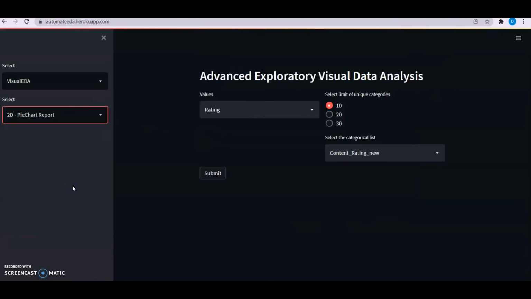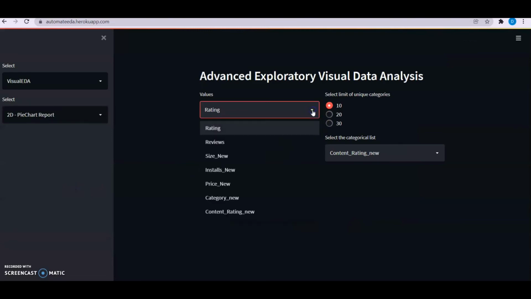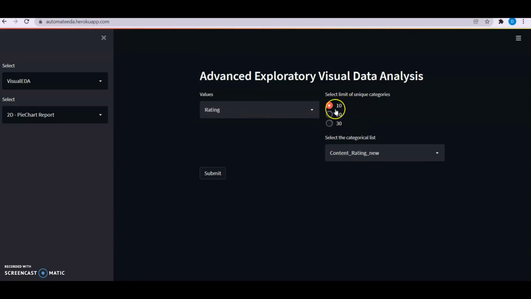And then we have this pie chart report. From here you will have the list of all columns. You can select any column, and if you want to limit the unique categories, you can simply select the number. So the number of unique categories can be selected as 10 or maybe 20 or maybe 30. Suppose I'm selecting the value to be size new, and then I am selecting this 20. So here the list of options will be limited. If I'm selecting this 10, then I will have this many, and if I'm selecting this 30, then I have